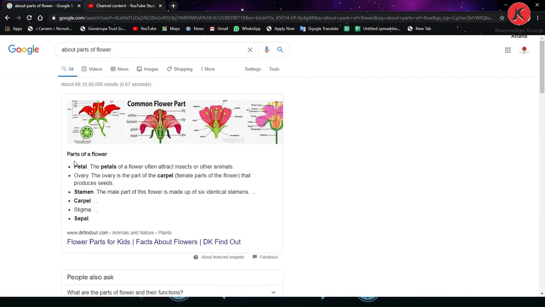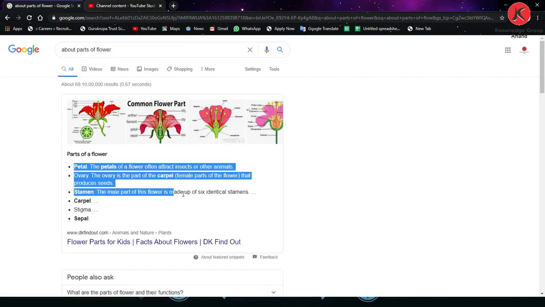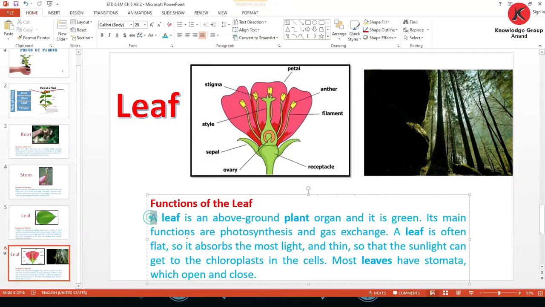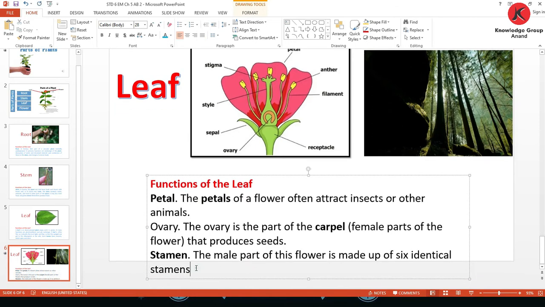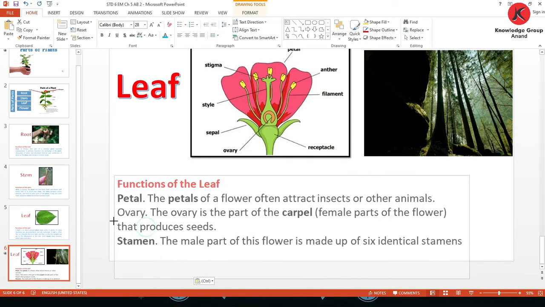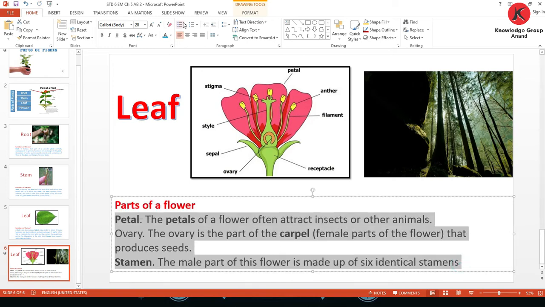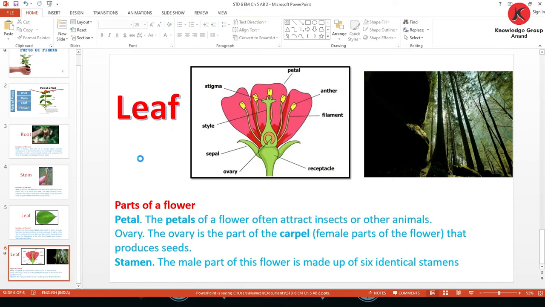Okay, so copy this data with Control C and move to your presentation and press Control V. Okay, this way instead of this we have to type here parts of a flower. Select it and change the color like this and press Ctrl S.